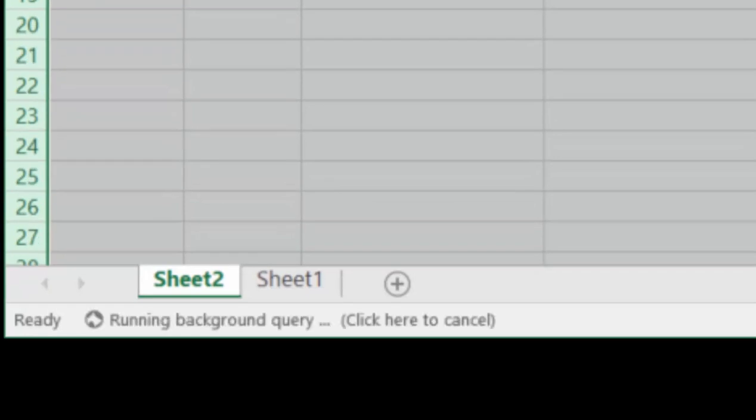Down at the bottom, you see this little spinning world that says running background query. And what's happening now is it's going off and getting that same current GeoJSON source data that Phil went out and got when he pasted that URL into his browser to be able to display that and then move into